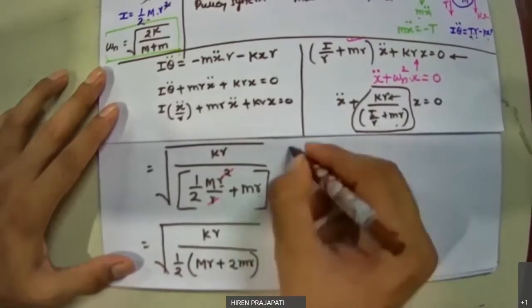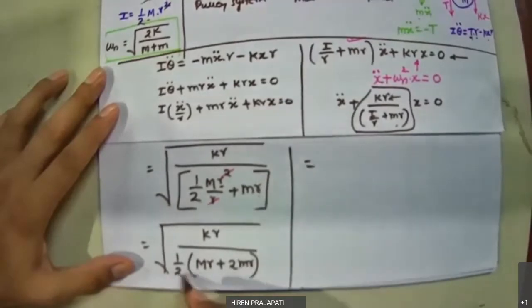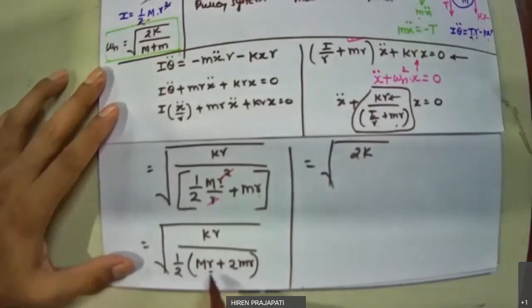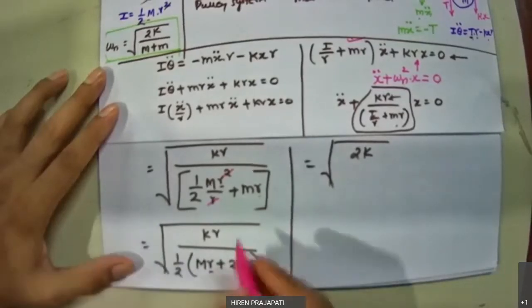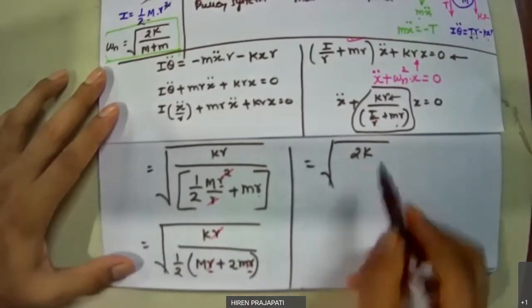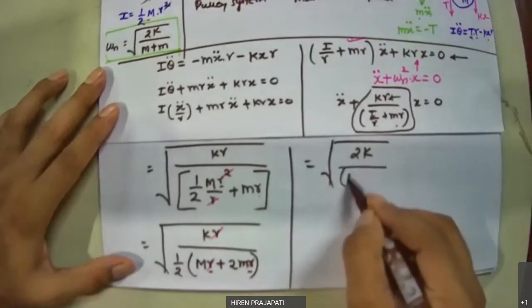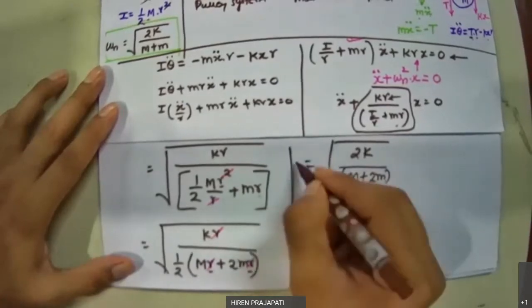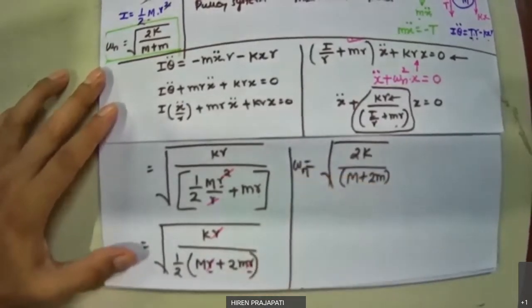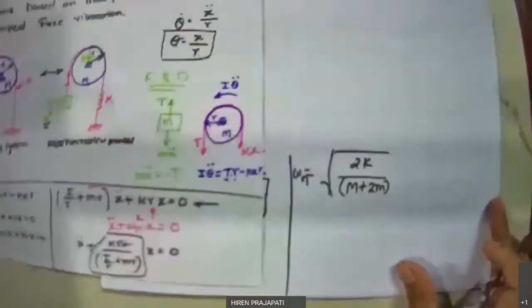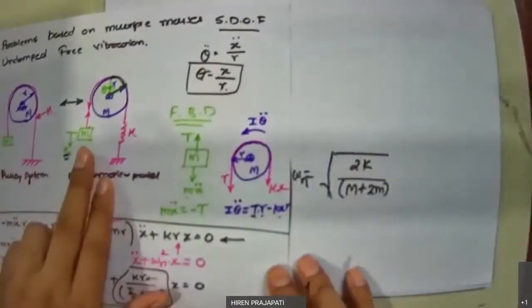Now next, this 2 will go up to 2k. Now see, this r is common, so if I take it common, then that r and this r will cancel out. So now your final equation is 2k by capital M plus 2m, right? So this is the natural frequency equation for this system,